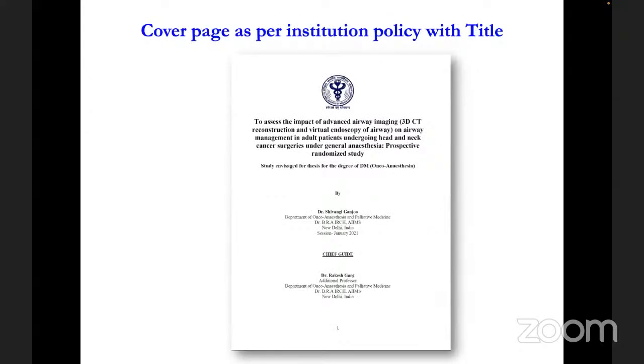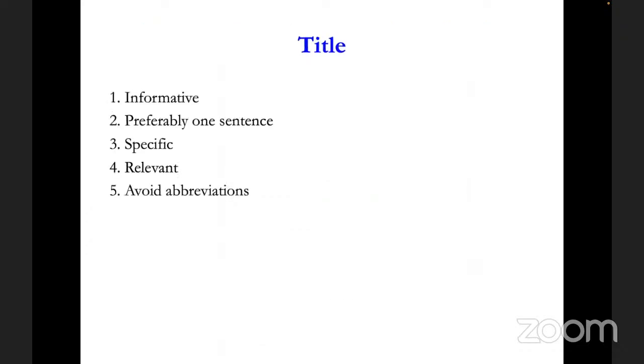Majority of the protocols will have a title page like this, which is being followed at our institute. We need to follow the same format for submitting our protocol. The title of your research protocol is one of the things that needs to be written at the last,